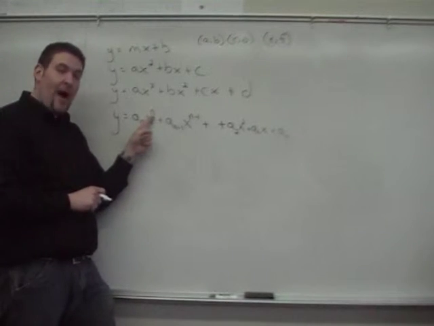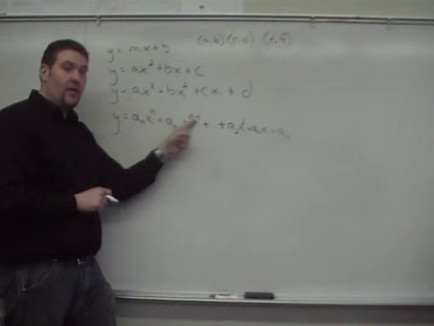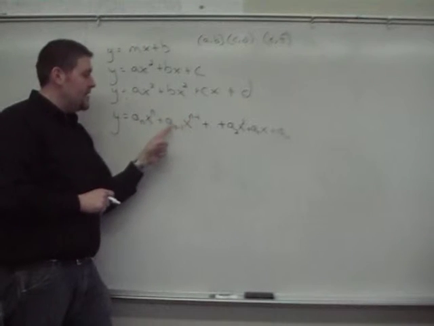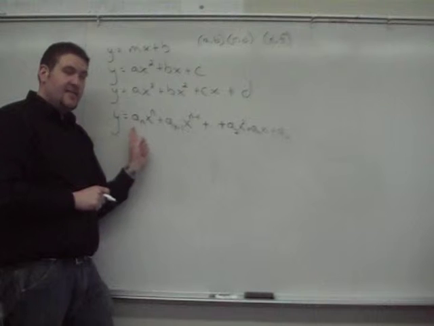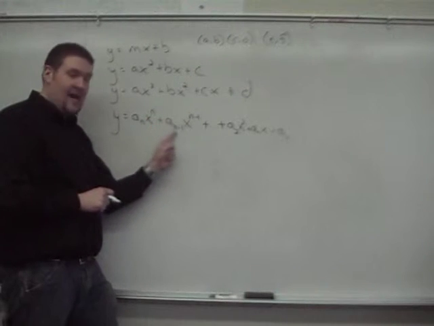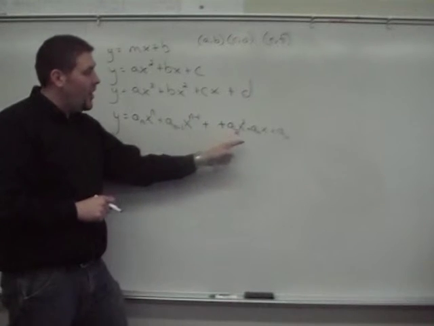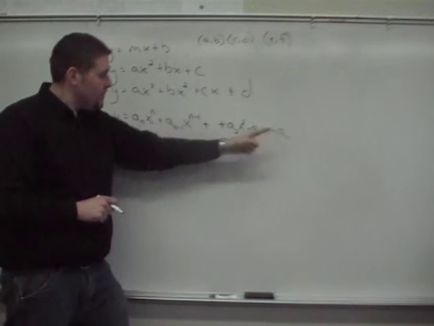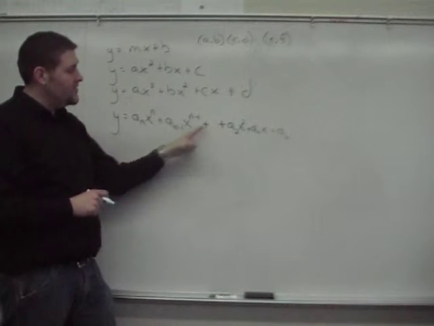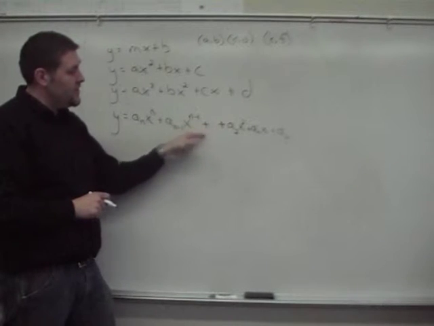If this were the 8th power, this would have to be the 7th power. 8 minus 1 is 7. A to the 8 minus 1 is 7. So you have a sub 8x to the 8th plus a sub 7x to the 7th. And you would keep losing a power until you get all the way down to your constant. This little plus dot dot dot plus tells us all the middle terms are in there too, until